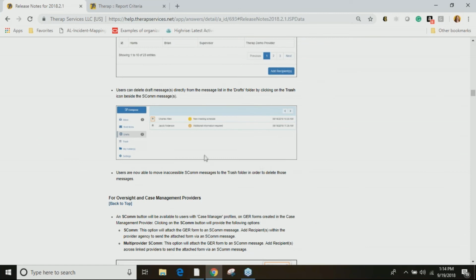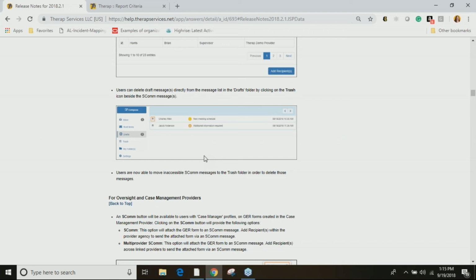The next thing with SCOM, and you may or may not have noticed this, SCOM is very dependent on your user privileges. So if you used to have access to an individual, say Mary, and you received an SCOM on her and were able to open it, and then all of a sudden Mary was removed from your caseload, with that SCOM you would get an error message, insufficient privileges. You weren't able to do anything with it. You couldn't trash it. You couldn't open it. You couldn't touch it because you didn't have access to Mary anymore.